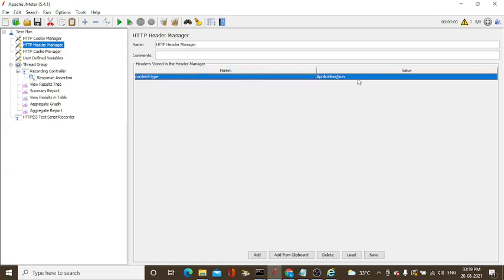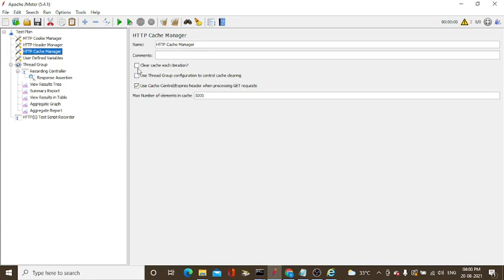For the content type, you use the HTTP header manager to set what headers are available. You need to test this. This concept you can mainly use with the Postman tool or SoapUI; if you work with those tools, you can understand it easily. For example, you send one request with the POST method to the server, and whatever elements are required, the same way JMeter also uses the HTTP header manager.